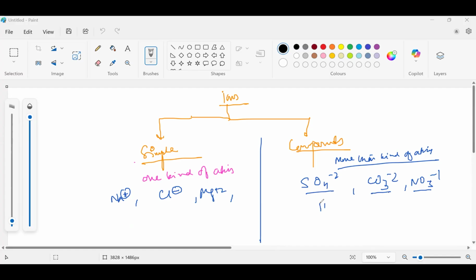Nitrate, bicarbonate. See, only one positive compound ion is there, only one: ammonium. But you have to understand that inside this compound ion, there are covalent bonds like this. This is the carbonate ion. Did you get my point? So if we take the question that